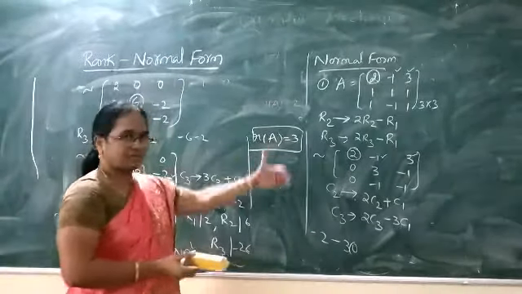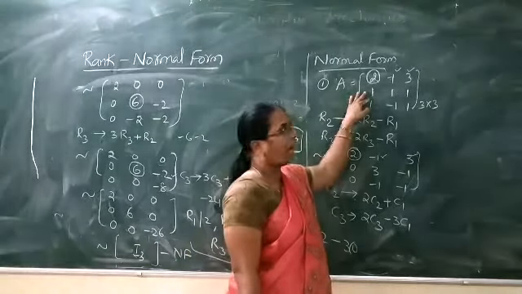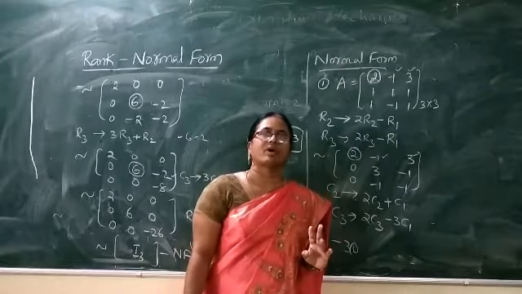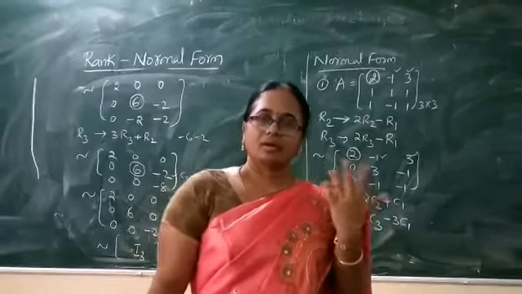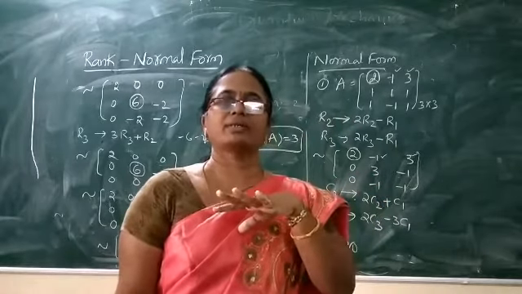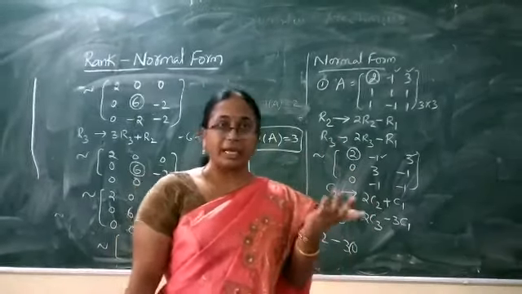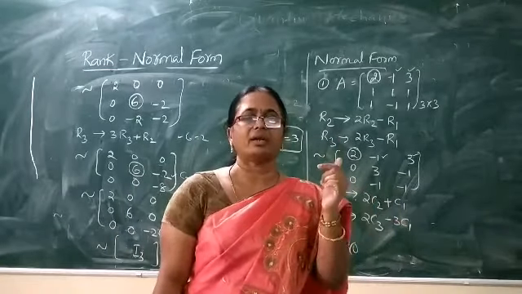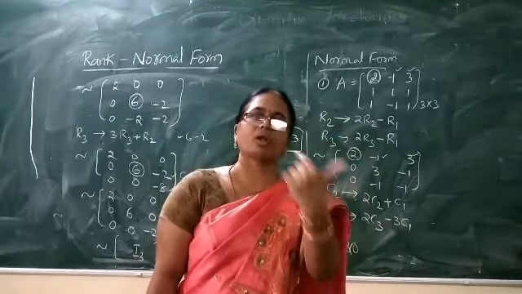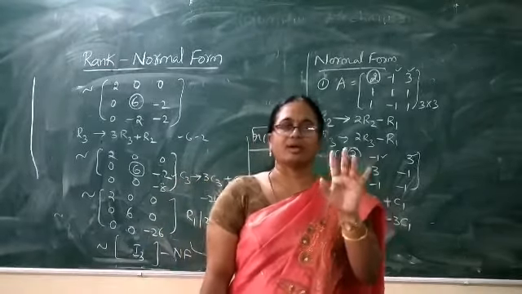Let me revise at least a few points in the process. We are given matrix A, and the problem is to find the rank of the matrix by using normal form. And what is our normal form? It is nothing but either completely an identity matrix or an identity matrix with all the remaining elements as zeros. So we have 4 possible forms of the normal form: In, the nth order identity matrix, or In with a 0 column, In with a 0 row, or In with a 0 row, 0 column and a singleton 0. Again a 0 matrix. So that is the normal form.